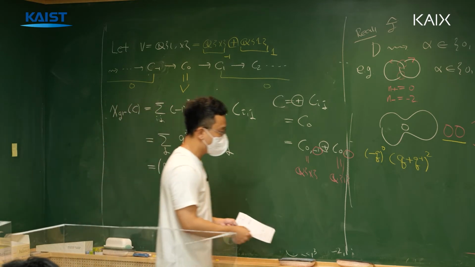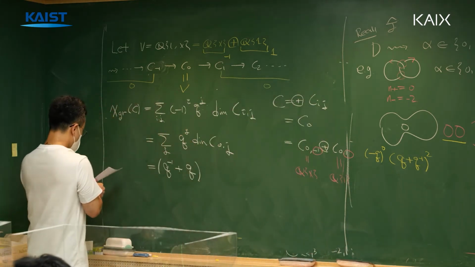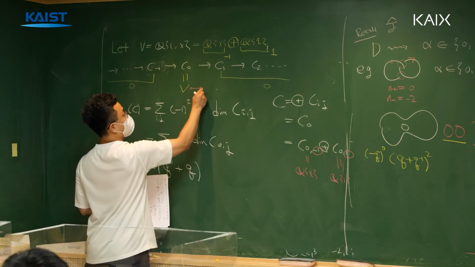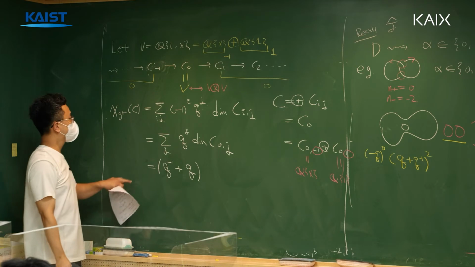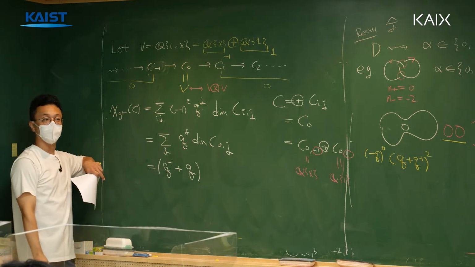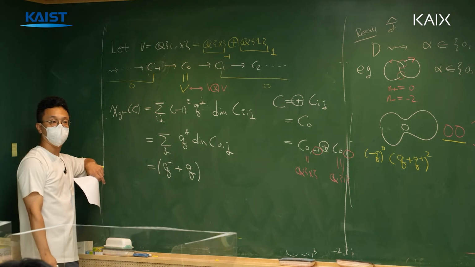So what happens if I change V into V tensor V? What is the graded Euler characteristic for that? It's squared, right? Because